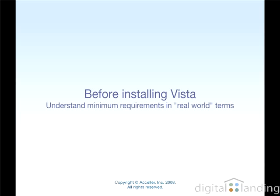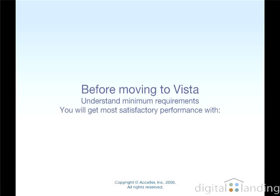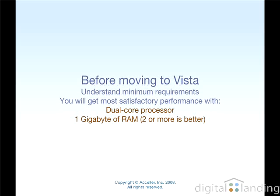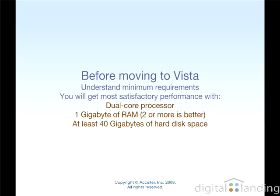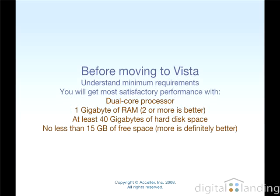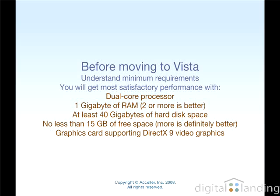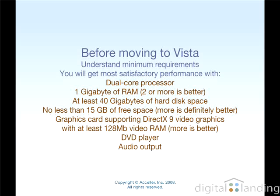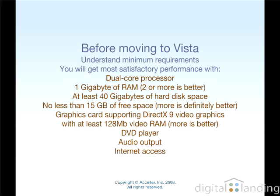and their real-world counterparts. Here, it suffices to observe that you will get the most satisfactory performance out of a PC with at least a dual-core processor, 1 GB of RAM, though 2 is better, and at least 40 GB of hard disk space with no less than 15 GB of free space, though of course much more is better. And a graphics card that supports DirectX 9 graphics with at least 128 megabytes of video RAM, and as usual, more is better. You also need a DVD player, audio output on your PC, and internet access to obtain updates